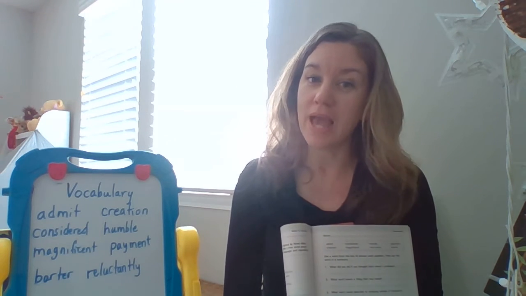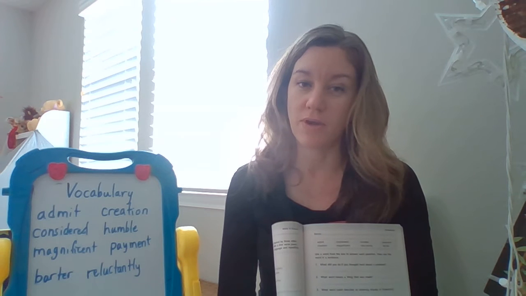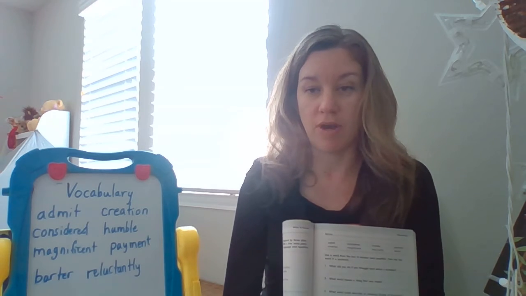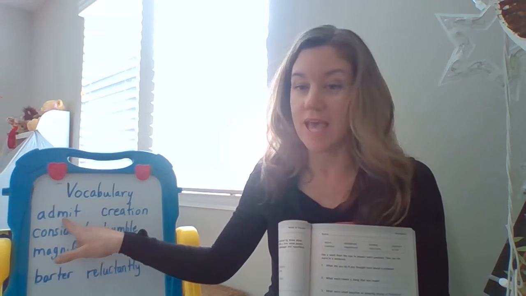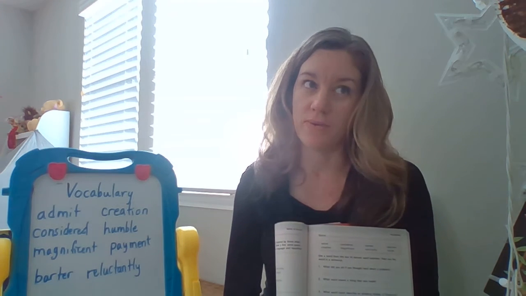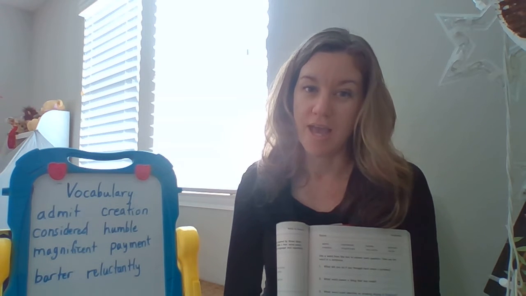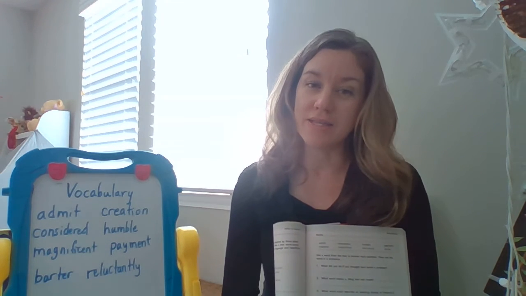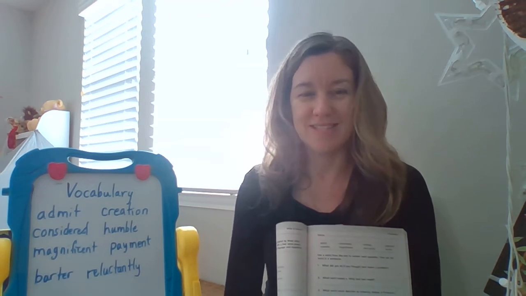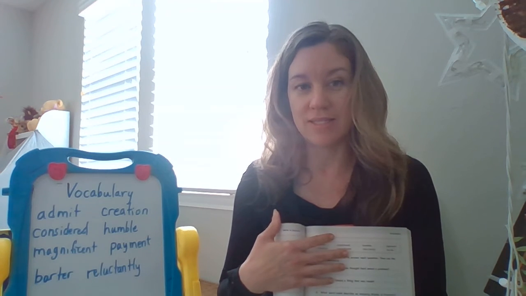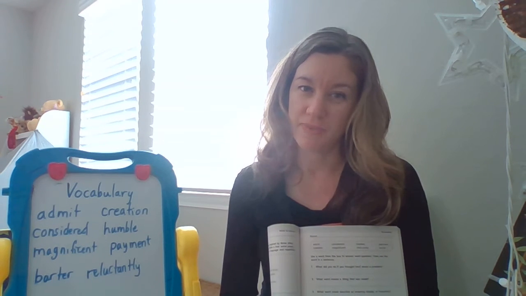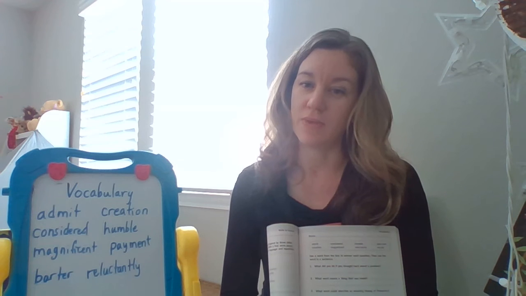Now, if you remember, we actually did discuss these vocabulary words before we left school. So these are a little bit familiar, but I'm just going to remind you of them. So the first word is admit. To admit to something is to tell the truth about your participation or involvement in something. The word admit does usually mean that your participation was negative in some way. To use it in a sentence: Joe had to admit that he had stolen the book. Okay, so Joe had to tell the truth that he had stolen the book.